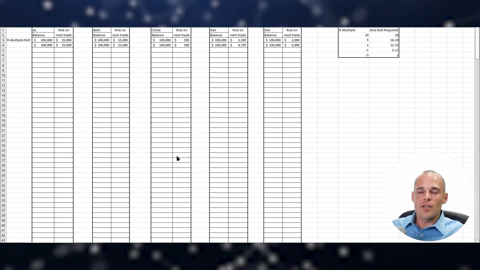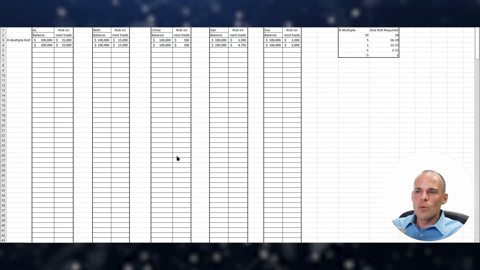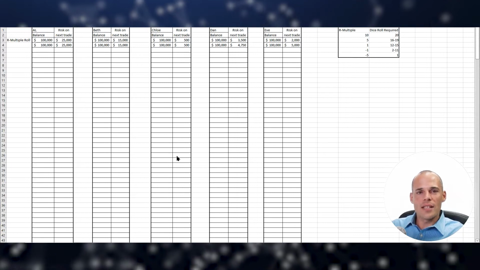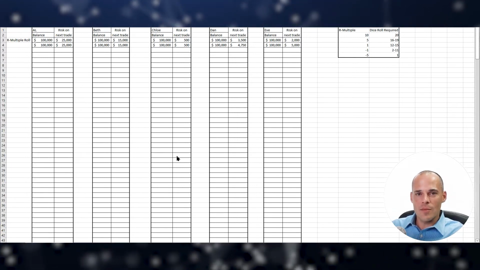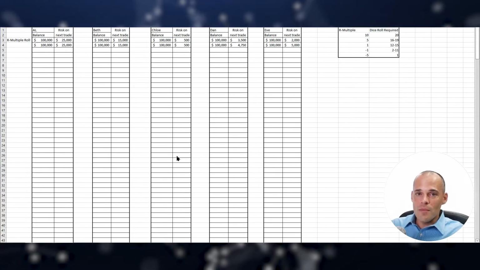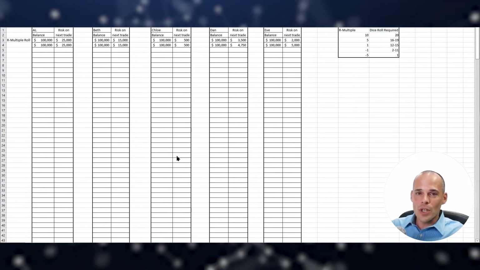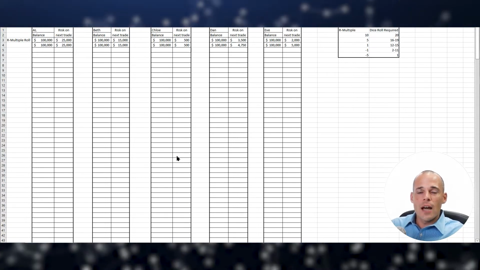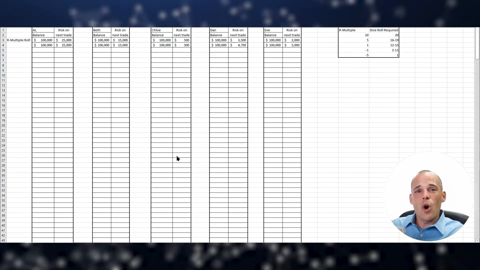So here's how this works. Each one of these traders will receive the exact same trades as each other. They're all going to have the exact same entry price and the exact same exit price, and they're all going to start with the same amount of initial capital. The only difference amongst them is how much of their portfolio they're going to risk on each one of these trades.